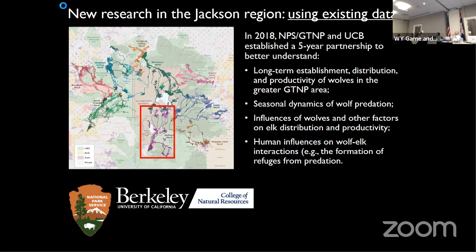This work was developed through the Cooperative Ecosystem Studies units, and we then put the ideas to other partners. Game and Fish had very strong interests in all of this work, and so that quickly became a partnership with the Jackson region and now the large carnivore section. Also strong interest from the Fish and Wildlife Service and the Forest Service, who we're working with on different aspects.